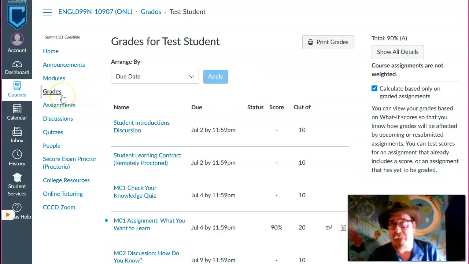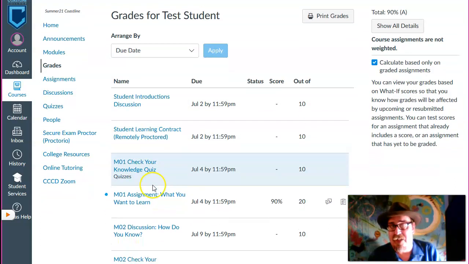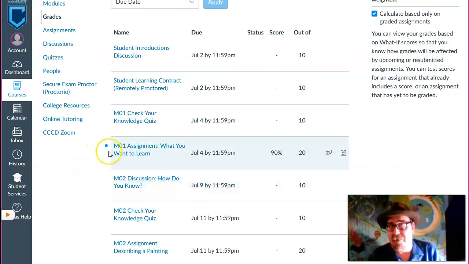and we reach a page like this, grades for test student. These assignments all have names, and the student has completed, as you can see by this blue dot here, this assignment called What You Want to Learn, which will be, of course, your first assignment also. To find out how the student did, you can look at this 90%. Okay, not too bad. Something's missing. There are comments, and there are notes on this assignment. So let's look at those by clicking the name of the assignments,